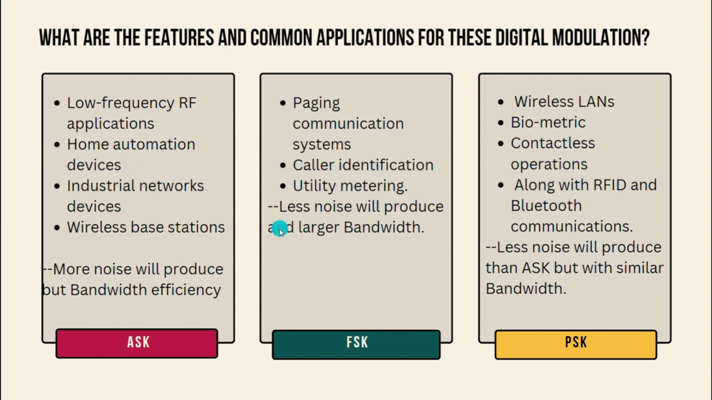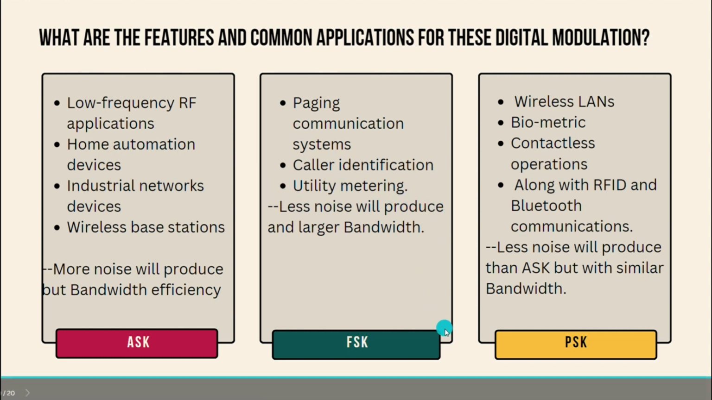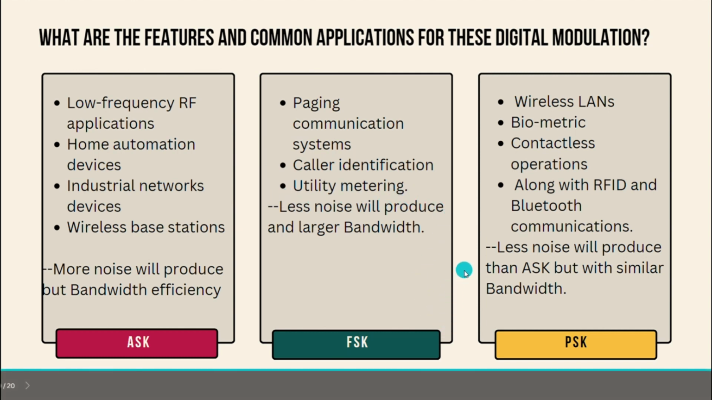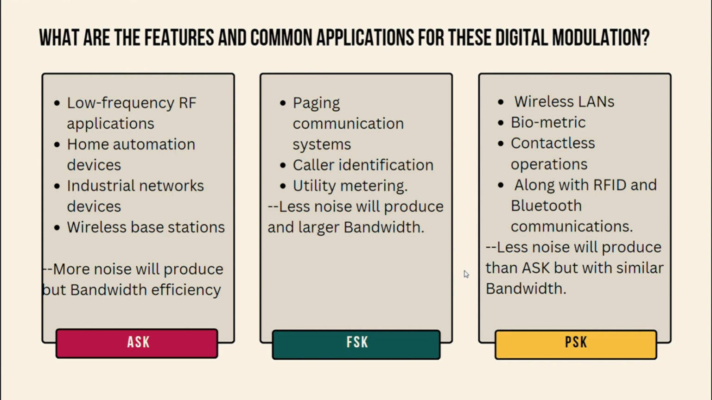In FSK, less noise will be produced but with a larger bandwidth. They are mainly used for paging communication systems, caller identification, and utility metering. While in PSK, less noise will be produced than ASK but with similar bandwidth. They are mainly used for wireless LAN, biometric, contactless operation, along with